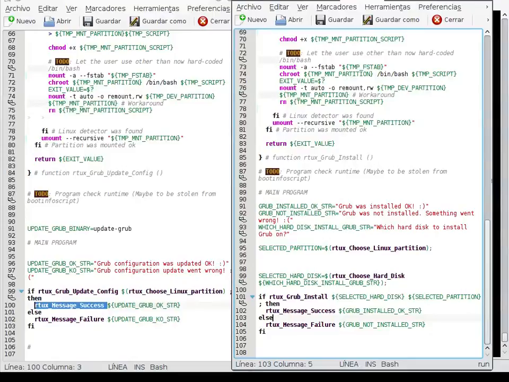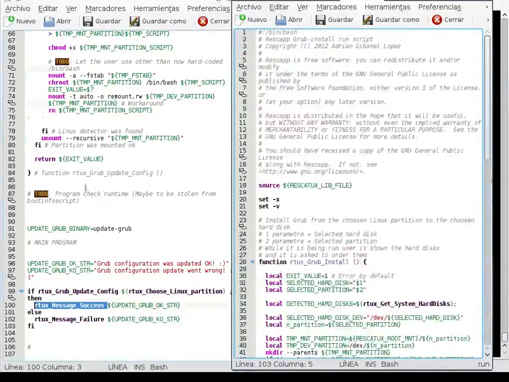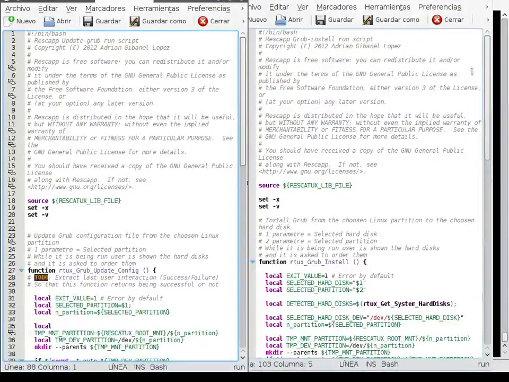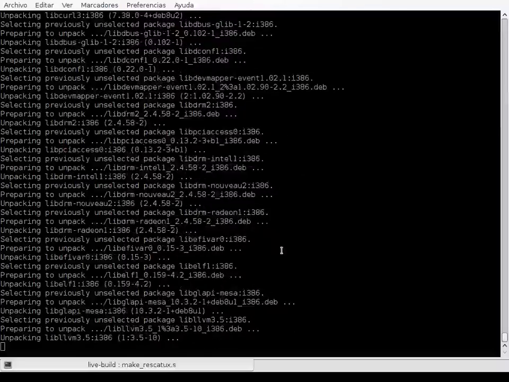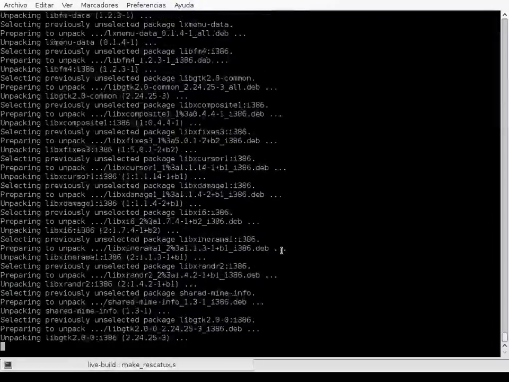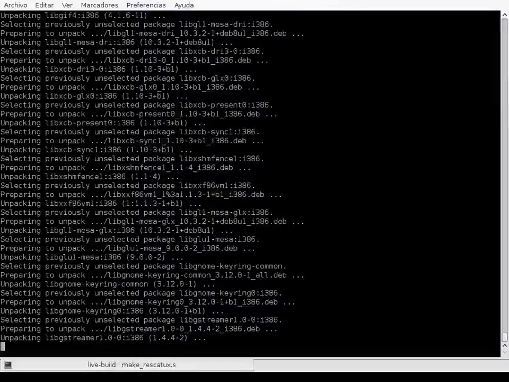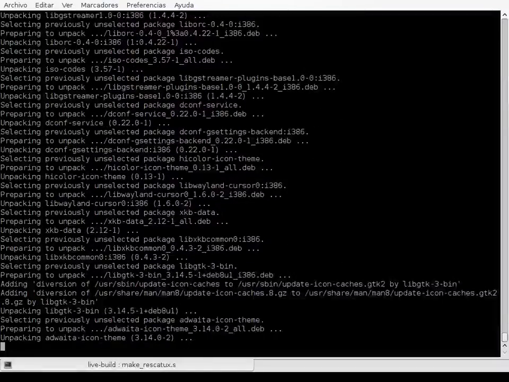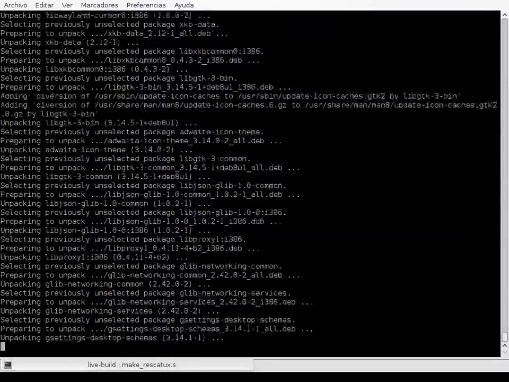Yeah, so that every option does not have to deal with user interaction. There's another script which handles the user interface, and then I only have to edit this script once when I want to improve it. So yeah, now it's built in the Rescatux DMLCD. So now I'm going to stop the recording because